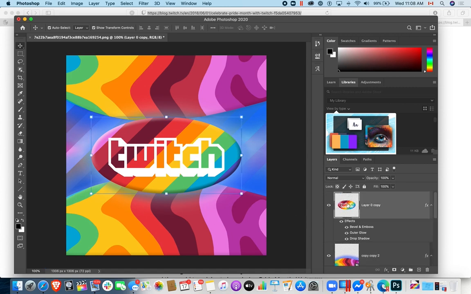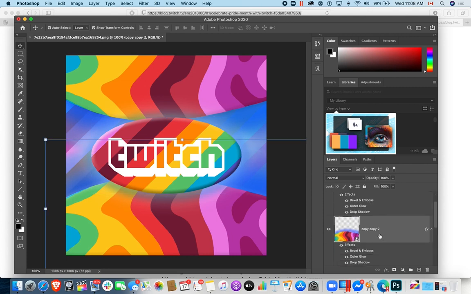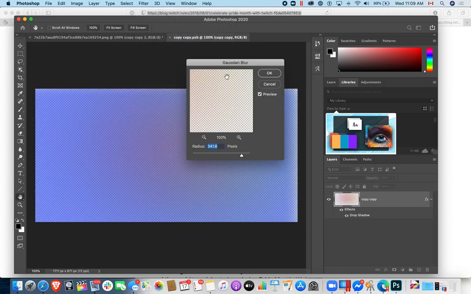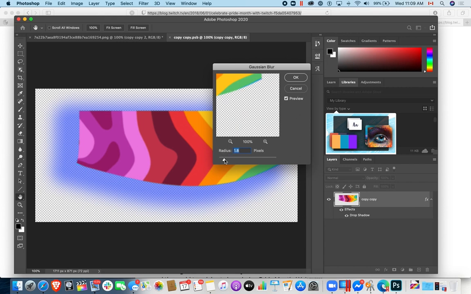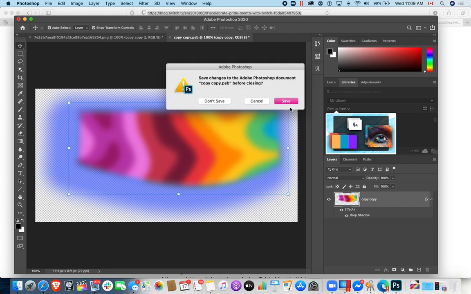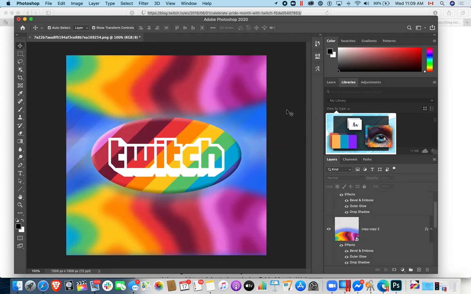For this one we can also convert this to a smart object, and that way we can create multiple copies of the same object and still be able to edit one copy and have an impact on the other copies. So for example, let's add a blur effect to this one. Let's add Gaussian blur, probably not as extreme. Let's do maybe like 20 pixels, right? Then we save, and as I go back you see it has changed for both the upper and bottom part, so that gives you more control over how you present the image,